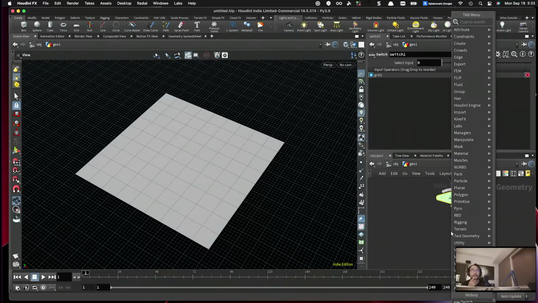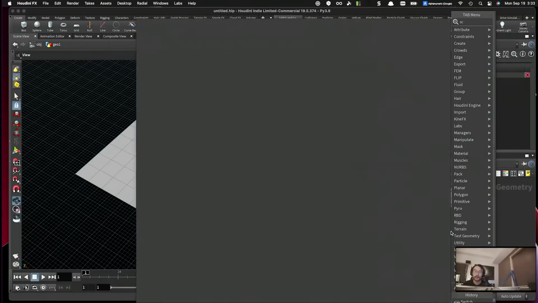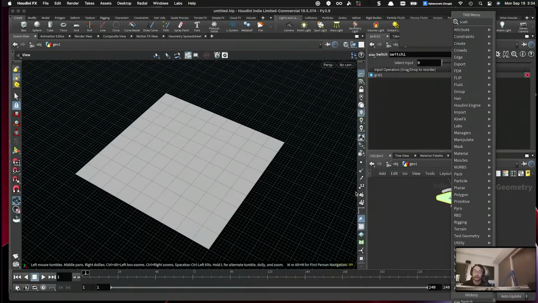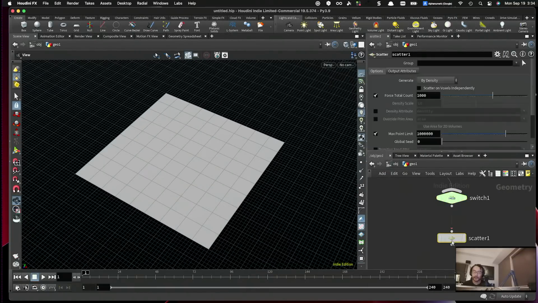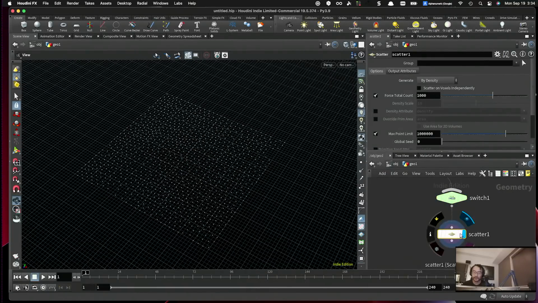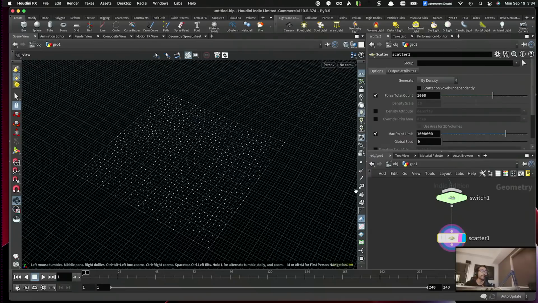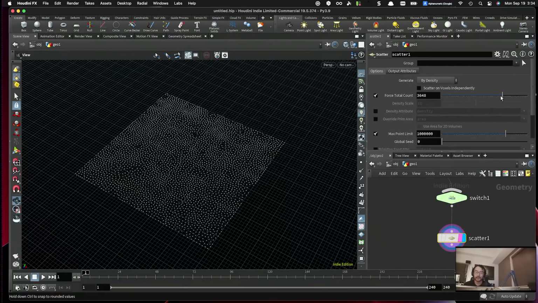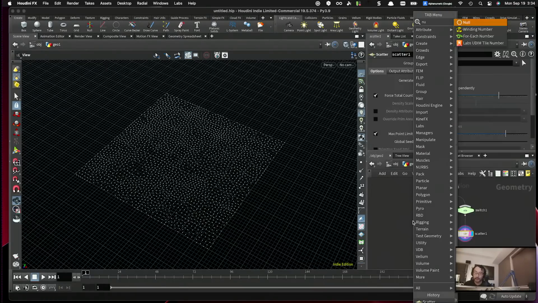Now, first things first, I would like to move the points, the particles, on top of these surfaces, so I am going to create a bunch of points on top of it using a scatter node. So I guess one of the parameters you would like to set is the number of points you want to use. So let's create a null node,